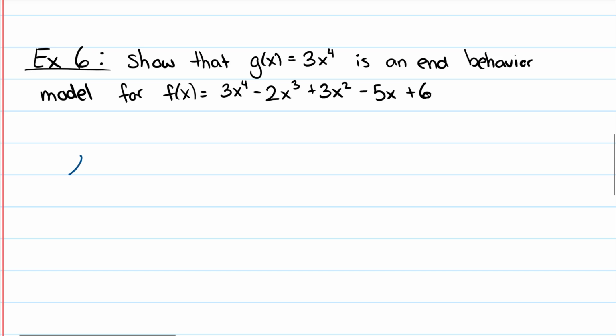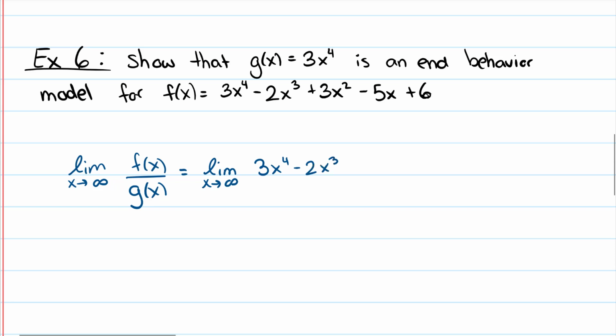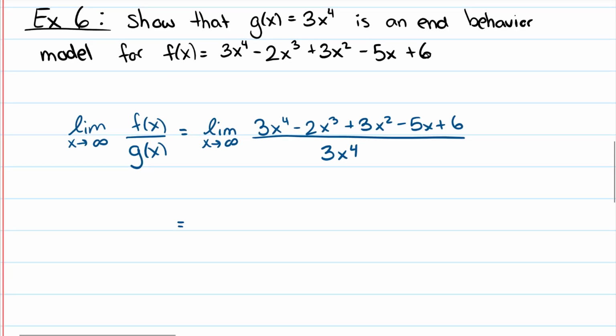This is the limit as x approaches infinity of f of x divided by g of x. So this is going to be the limit as x approaches infinity of 3x to the fourth minus 2x cubed plus 3x squared minus 5x plus 6, all divided by 3x to the fourth. And the way you do this is, one way is to divide everything by 3x to the fourth, or you can just split up the fraction. So I rewrite this as the limit